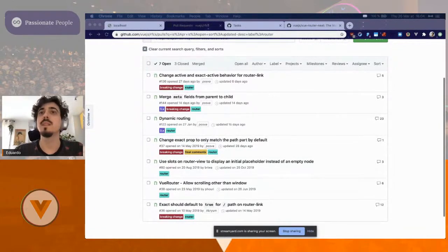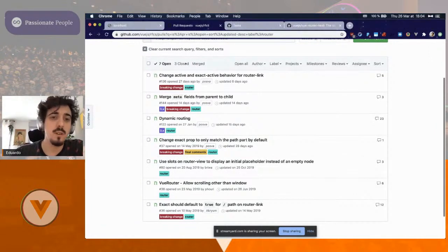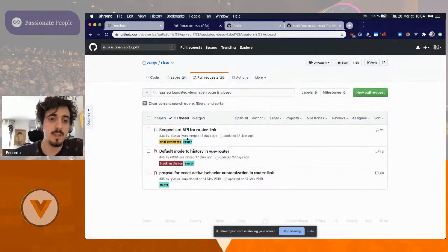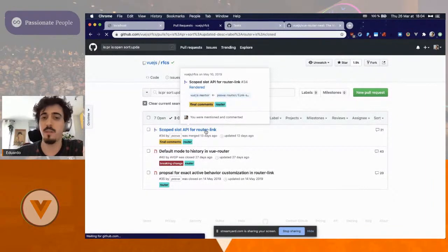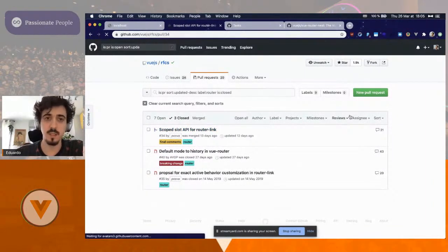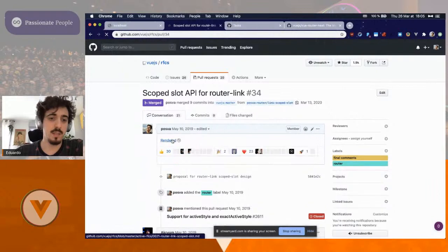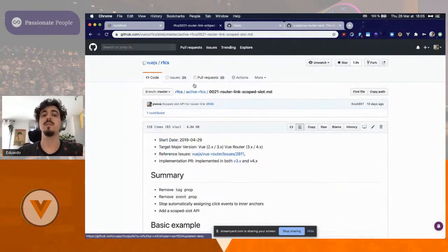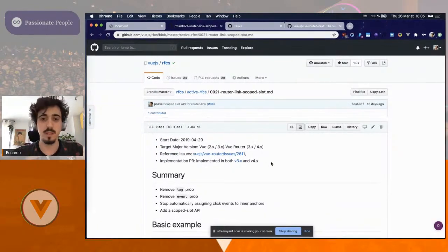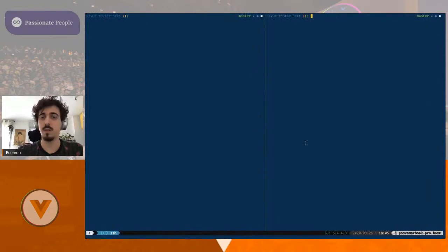So let's talk about the one that is merged. The one that is merged is available on the current version of Vue Router, which is the slot API. The thing is, this API, now that we have the composition API, we can also get it through a simple function. So this opens some possibilities. So for example, if we go here,